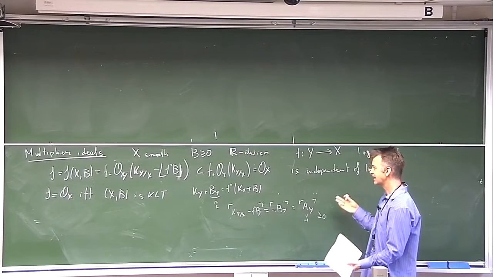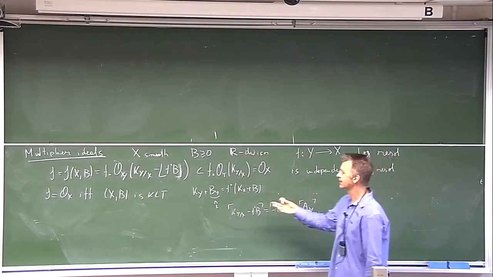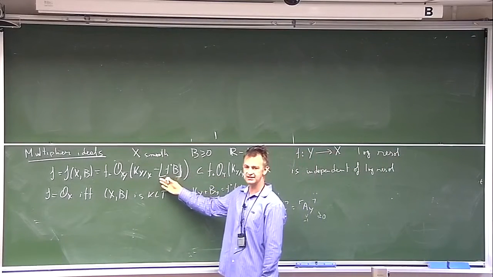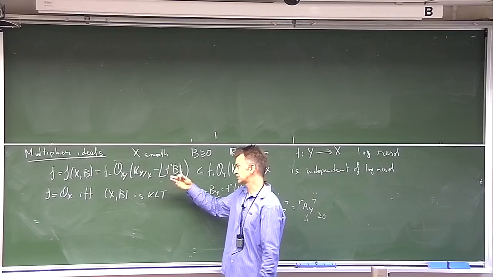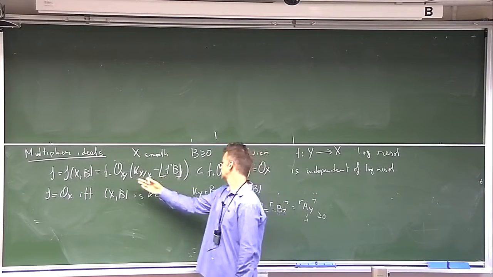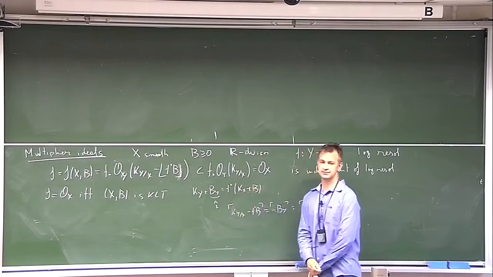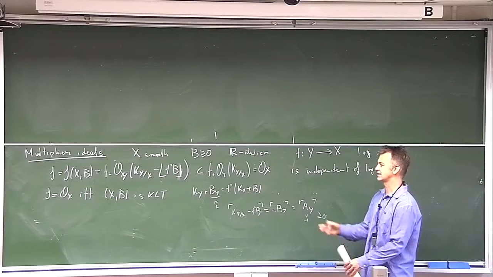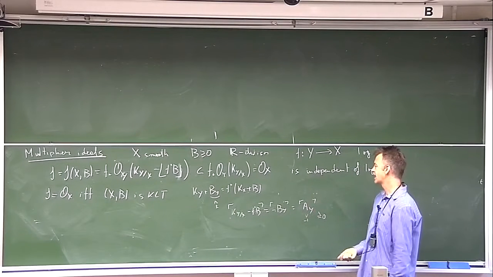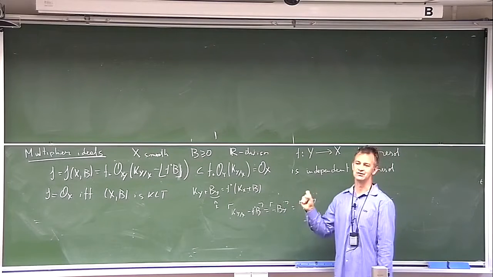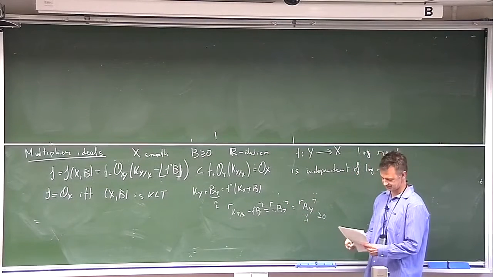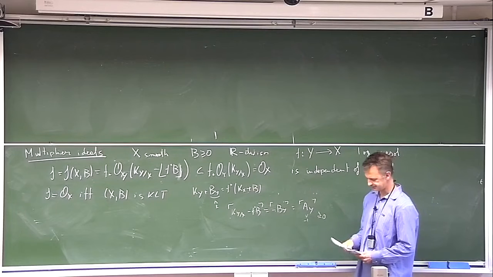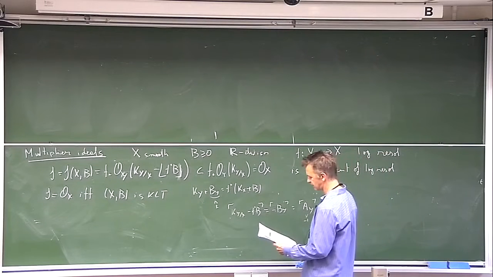So saying that it's KLT is precisely saying that this divisor is effective and exceptional, which is equivalent to saying that the push forward is indeed equal to O_X. So it's just an exercise in unraveling the two definitions and not messing up the round downs or round ups of the divisors. Not getting confused with that. Okay, so